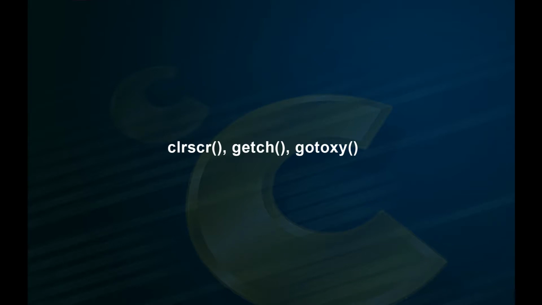In the theory sections, we have already discussed the use of conio.h, that is the console input output header file, which is supported by the Turbo C compiler. Conio.h supports built-in functions like clrscr, getch, gotoxy, etc. Let us now try to familiarize ourselves with the Turbo C environment with some selected C programs. Remember that if you are using an Ubuntu based cc or gcc compiler, you need not explicitly include the conio.h library.